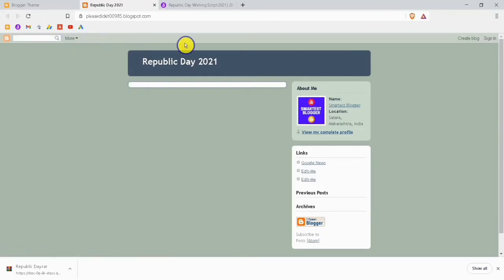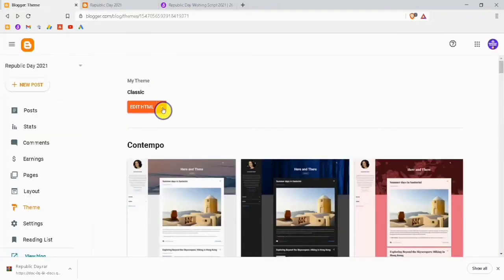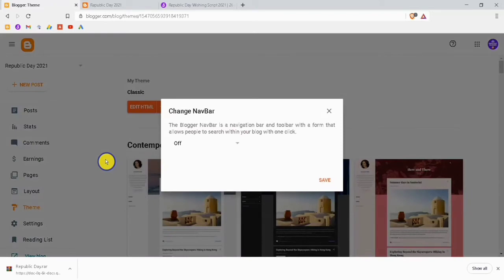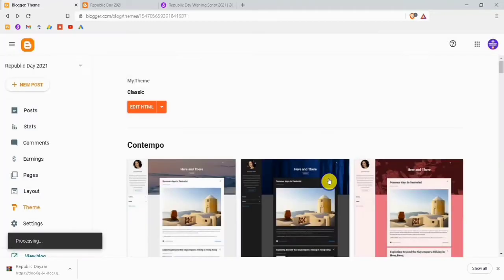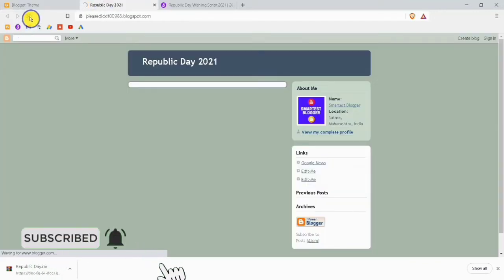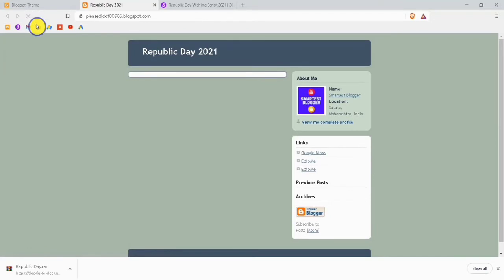If you want to remove this navigation bar, you want to click on this down button and click on change nav bar. After doing this, again open the list and click on off. After clicking on off, save the changes, and after refreshing the page you will see the changes. So I will refresh it, and here you can see the changes.